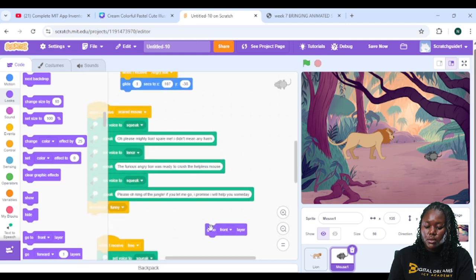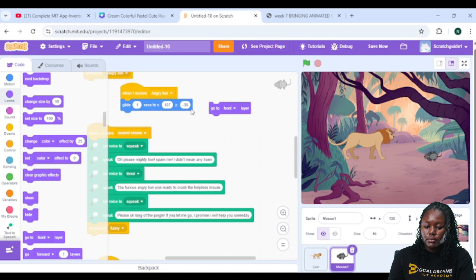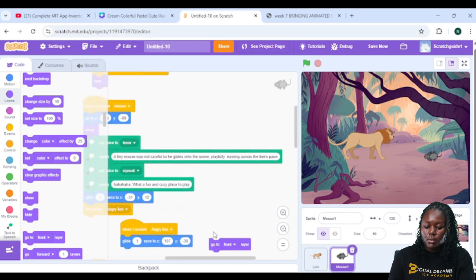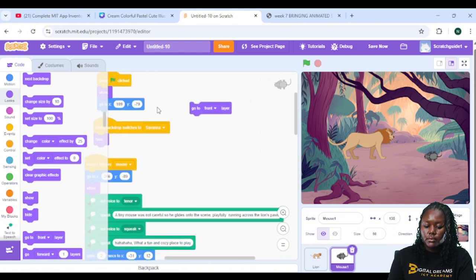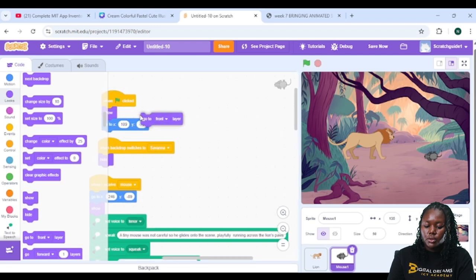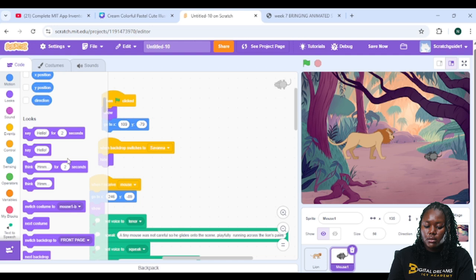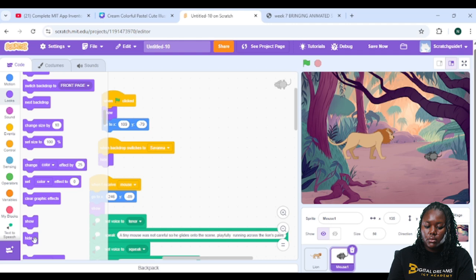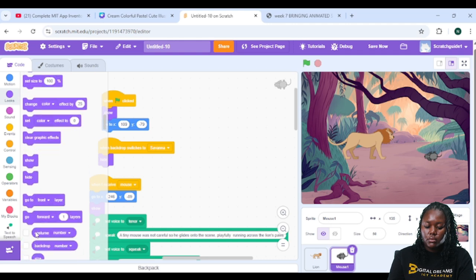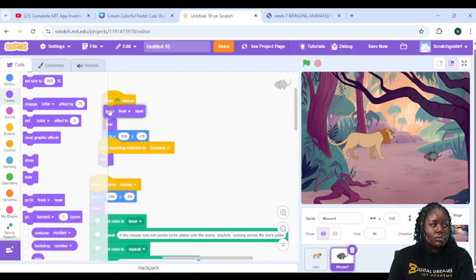Oh, our code is already so long. Wow. That's the longest code since we started doing animation. Right? I don't make her fast. What do you mean? So position it to